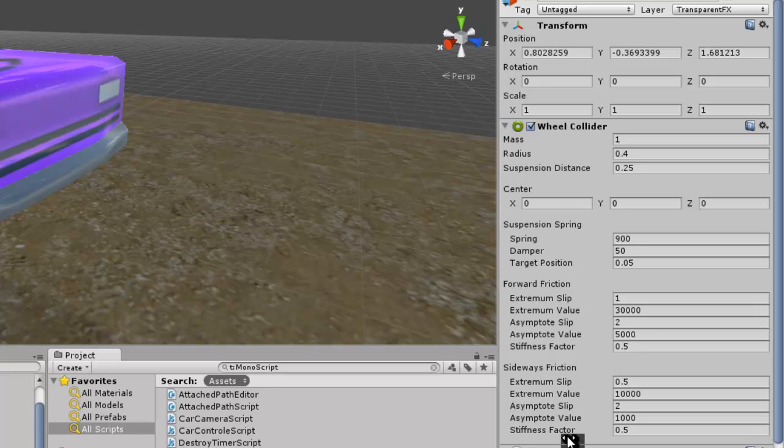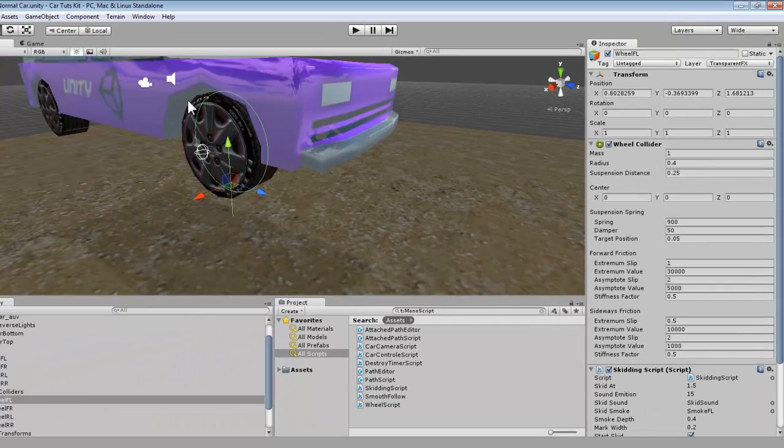Next is radius. What radius means is the radius of the wheel collider. That's all it means. I mean, what else is it supposed to mean? It is just a circumference. Okay. So that's the wheel collider. Okay, so the next is